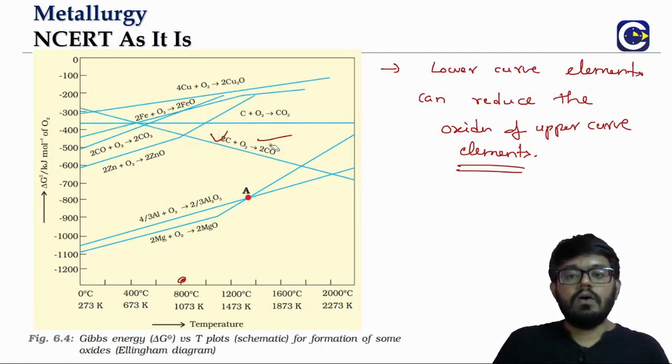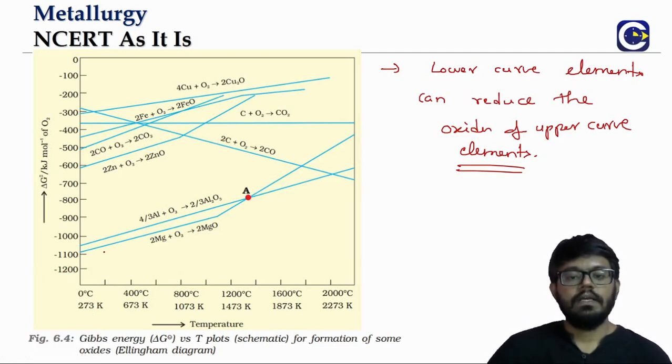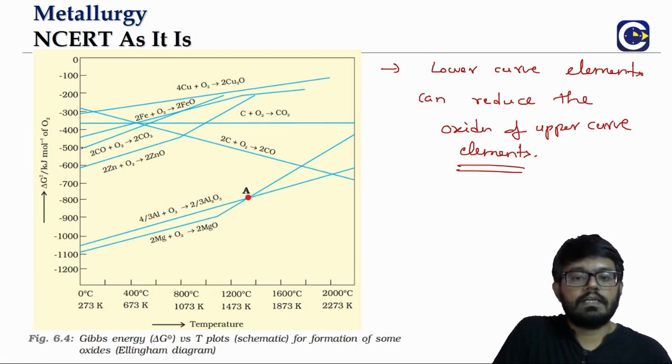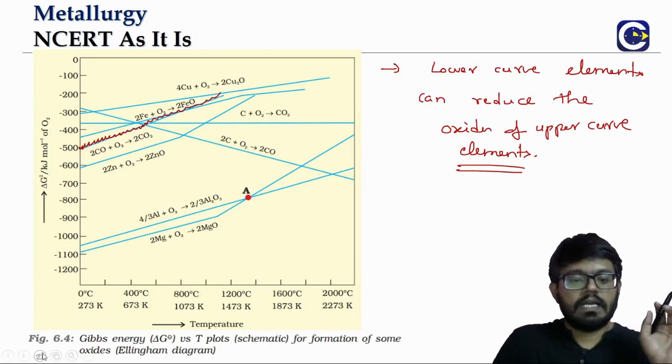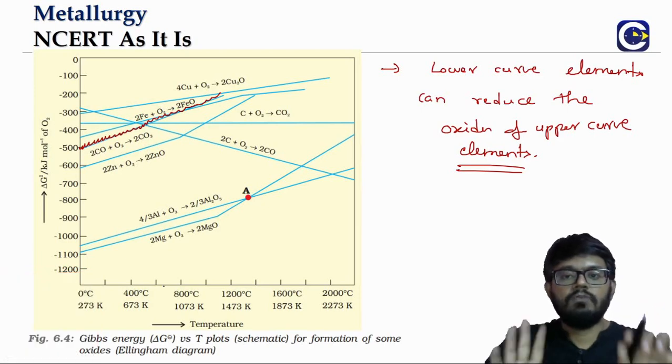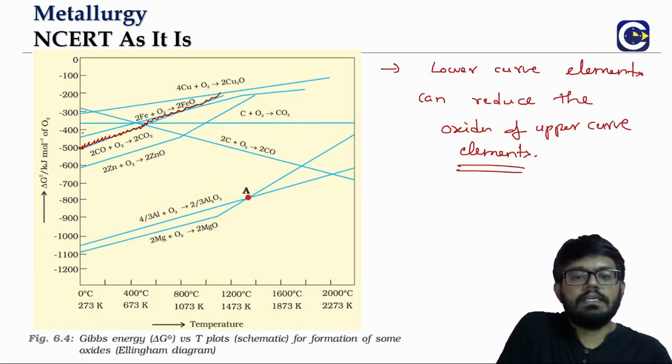Now we look at how carbon monoxide will be able to act as a reducing agent. Where is the carbon monoxide curve? Look at it. This is the carbon monoxide curve, carbon monoxide forming its oxide. Whatever analysis we do, let us do with the FeO curve only. And as I said, the Fe2O3 and Fe3O4 curves also will be closer. So where is the curve for the iron oxide? You see, this is it.